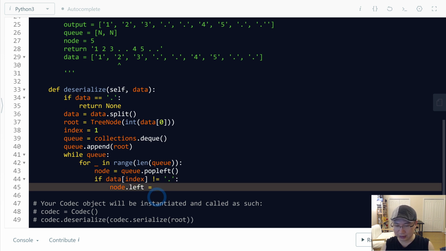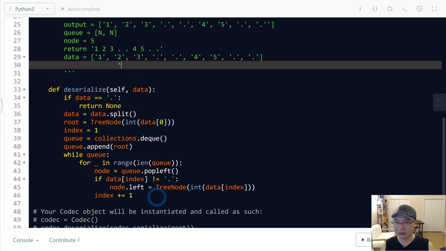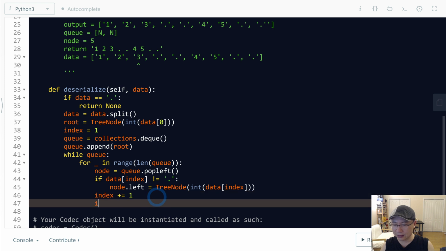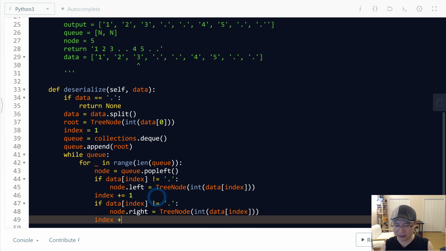So I will create a TreeNode. Yes, the value is integer data index. And then after that I will create the pointer. Now pointer here. And then if data index is not a period, and then node right. Now it's time to make node right, TreeNode integer data index. And after finishing it, I will increase the index for the next